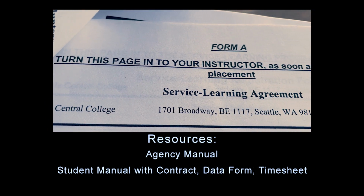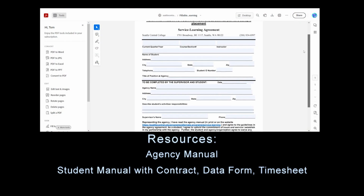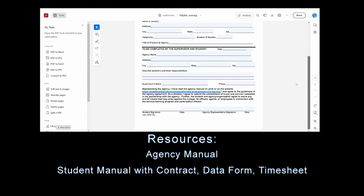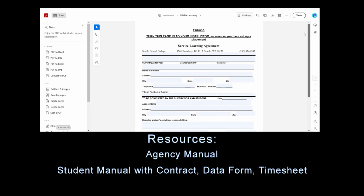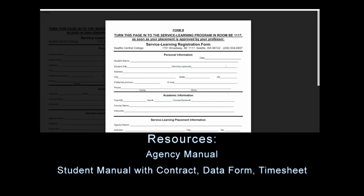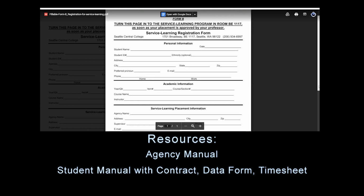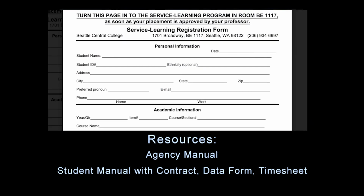One is a contract between them and the agency. They need to give that to their professor, and the professor then signs off on that placement or decides it's not going to be a good one for that particular class. Once they've gotten approval on their placement, the second form they have to fill out is a data form that they bring to me. It tells me where they're doing their service learning and whether they want the additional credit or the free notation on their transcript. Then I call all the agencies based on that information